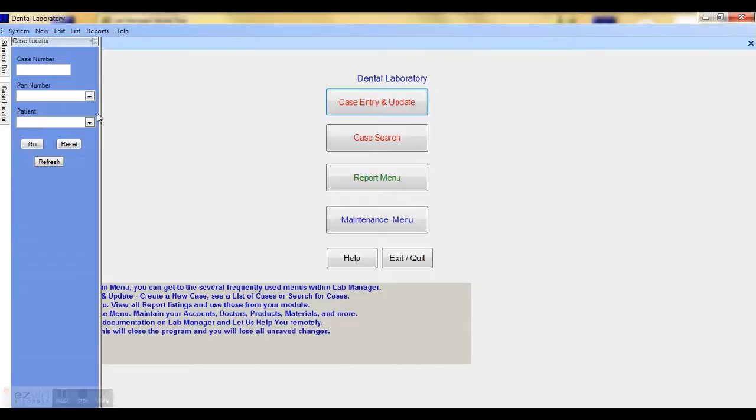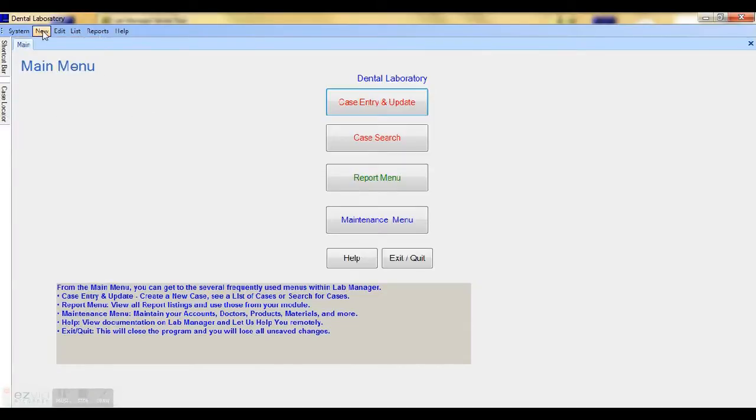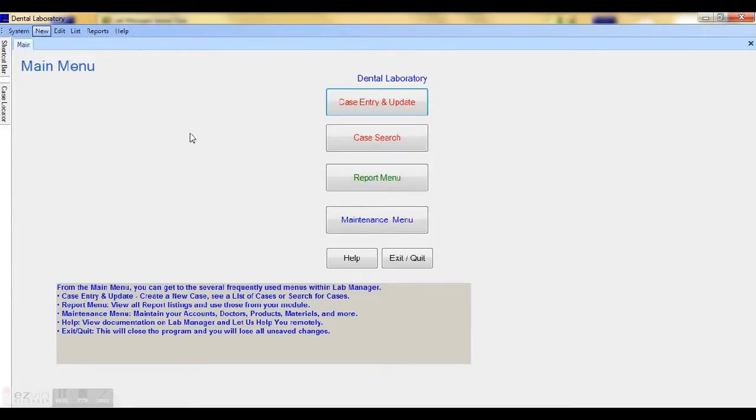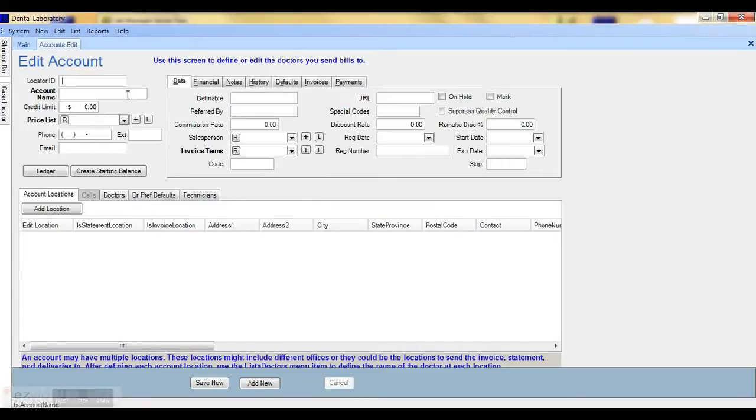The easiest way, at least from this screen, to enter in accounts would be going up to New, Account, and we're going to type in an account name. Now this can be a clinic or a doctor's name. So if this is Southside Dental Practice,